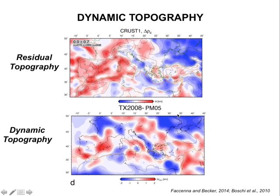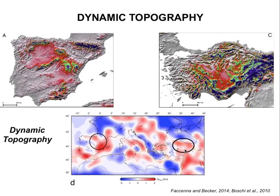You can also do this exercise, and from our model you can estimate the dynamic topography and compare it with the residual topography. This is also a very interesting exercise, showing that there are some areas that emerge with a positive signal in the dynamic calculation, and you can compare that with the residual topography and see, for example, Spain, also the Iberia area. There is probably a positive residual topography and a positive dynamic topography signal also in the central Apennines, etc. This is a very important signal, for example, to try to understand better, also from a geomorphological and geological point of view, what is really happening on the surface. For example, we expect to have an uplift in Spain and a positive signal in this area, but also